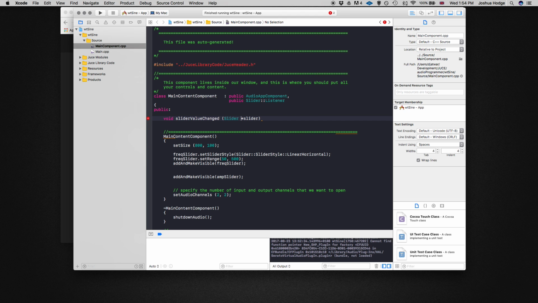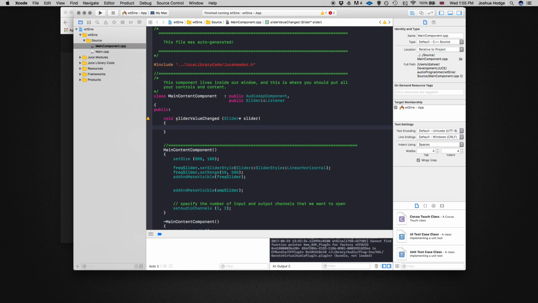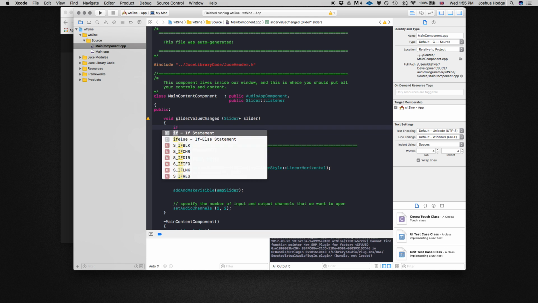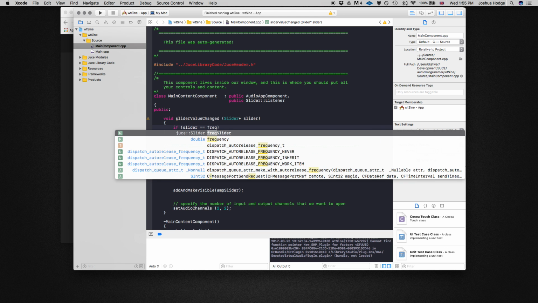I like to put this here. Okay, and then what we're doing here is we're defining, when our slider is actually changed, when the value is changed, what do we want to happen? Okay, so if slider equals the frequency slider,